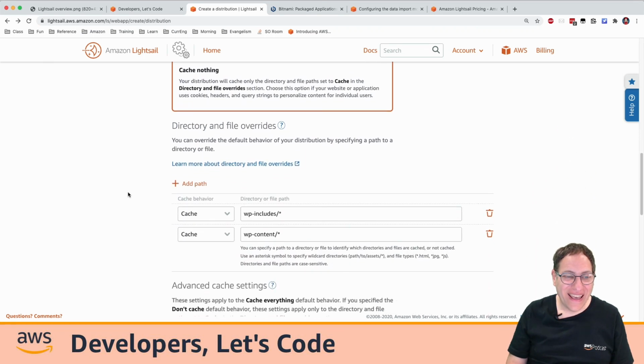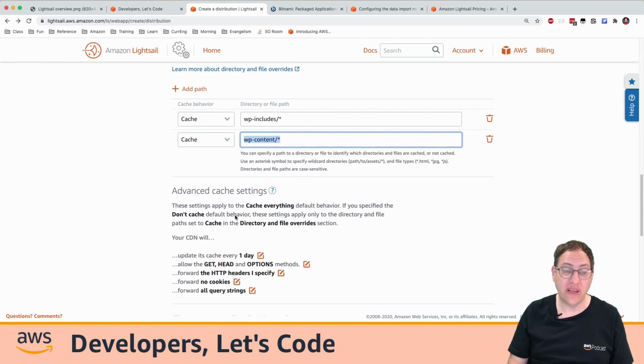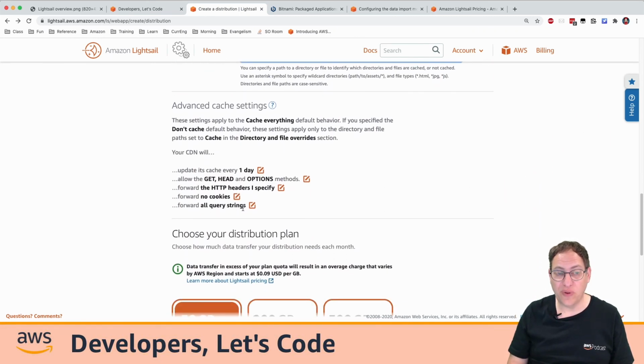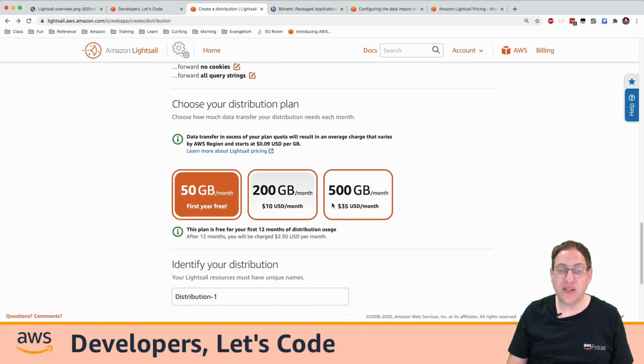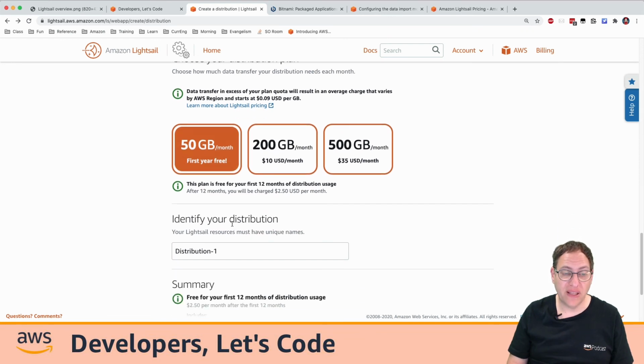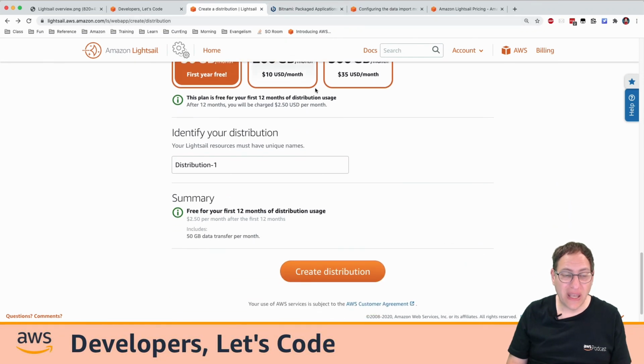Here it is. It's telling exactly what to cache. Cache the WP content, WP includes. The includes are all the style sheet type things, and the content are all the pictures. Otherwise, everything else is dynamic, and it's got all these complex options configured for you. You choose how much you want. 50 gigs per month plan is free for the first 12 months. If you exceed it, then we have the